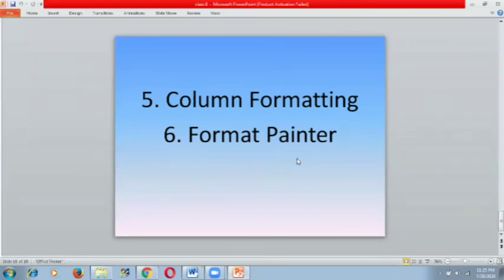So first of all, understand the concept of the format painter. MS Word provides many formatting options. You can apply multiple formatting styles to a single piece of text. However, if you want to repeat the same formatting at multiple places, reapplying all the options each time can be time consuming. In such cases, you can use the format painter tool.